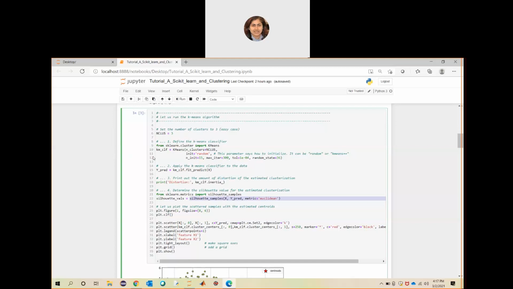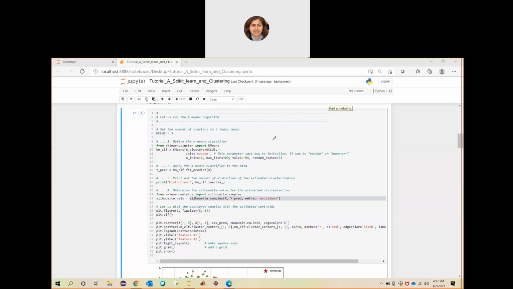And Silhouette score, how is it defined? Silhouette score is used to decide the number of clusters to be formulated from the data, and it is calculated for each instance. And how it is calculated, let me just write it here.